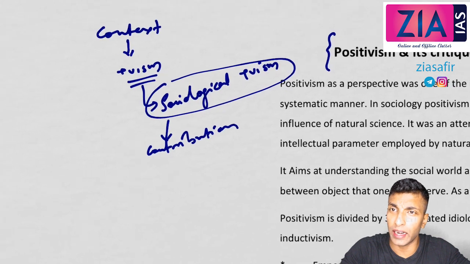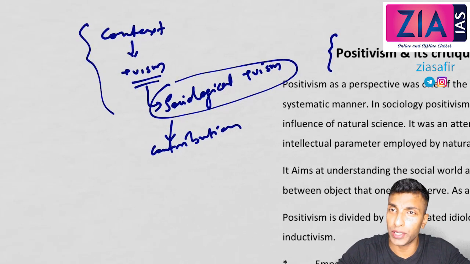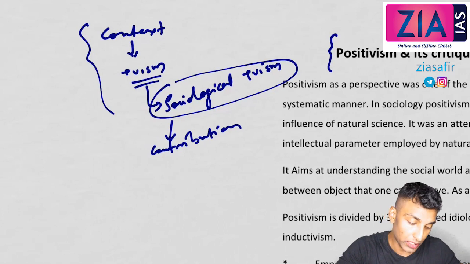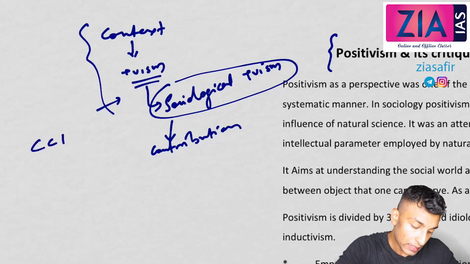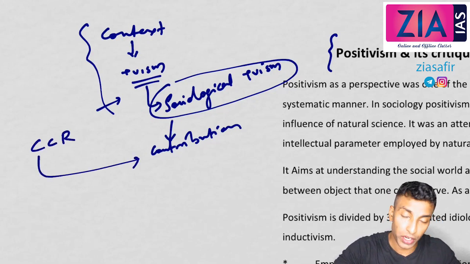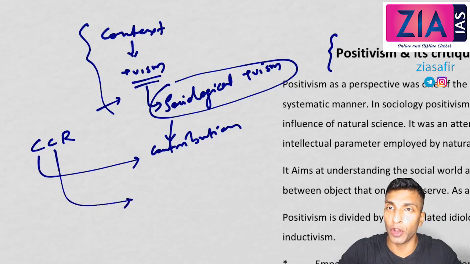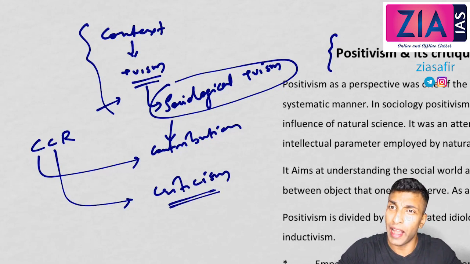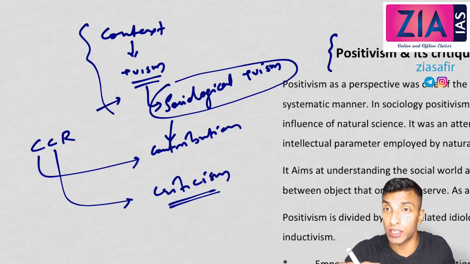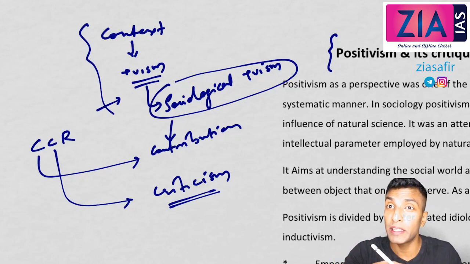As I have told you, in any critical analysis question, after discussing the introduction and that particular item which is given, if it is positivism, we will talk about positivism. Then we will follow this formula, CCR. The first C is related to contribution. The next C is related to your topic, that is criticism. Then you will write about the criticism of positivism, and because of these criticisms only new perspectives emerged. So the salient features of non-positivism will be the criticism here. It will be very easy for you to write criticism because non-positivism anyway you are studying separately.